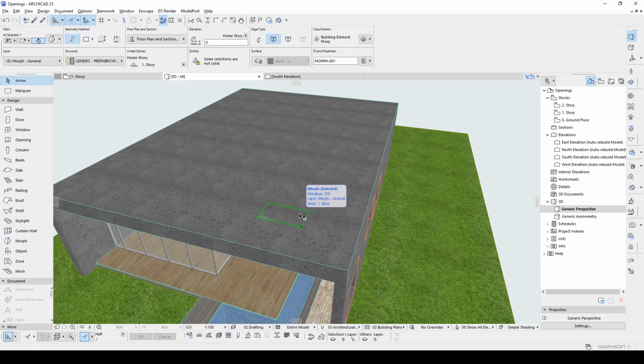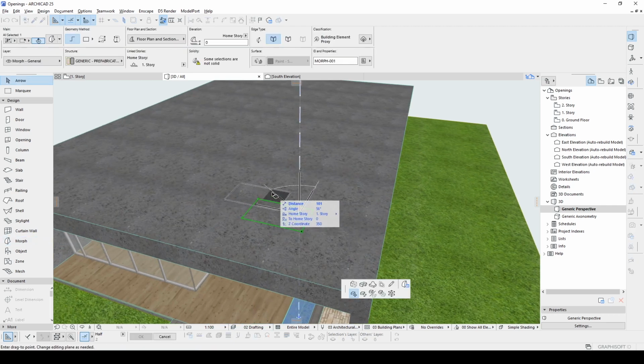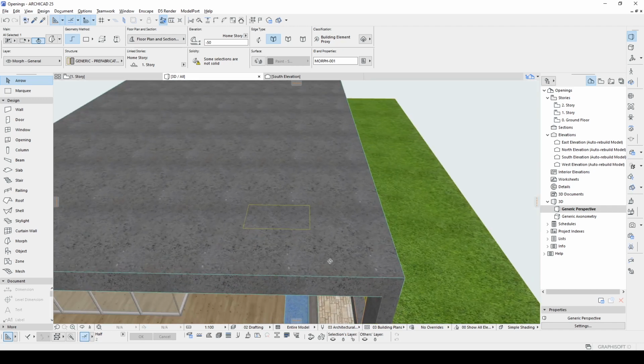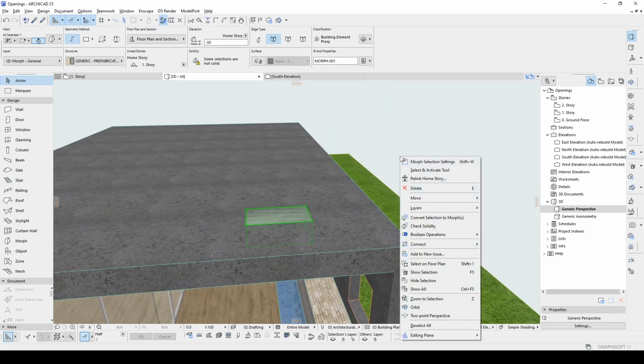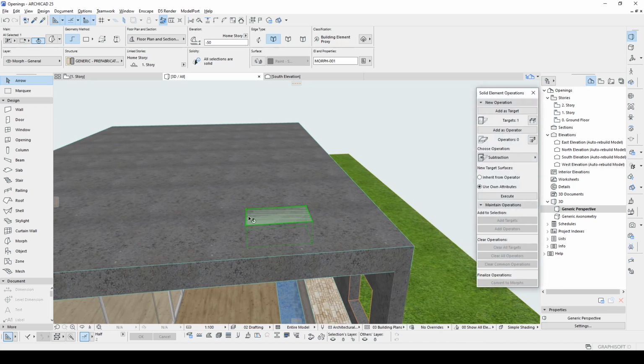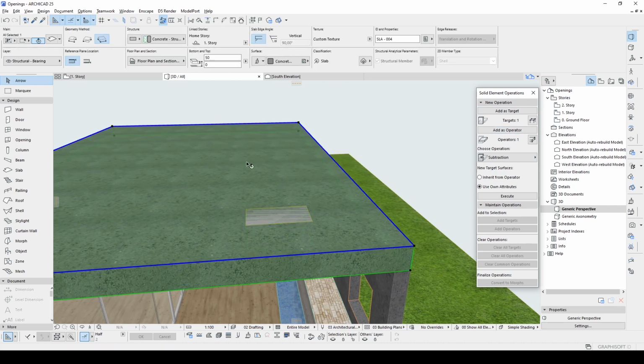There we go. And click the face of the morph and make some extrusion. After that, I'm going to use connect solid element operations. This is going to be the operator and the step will be target, subtraction, and hit execute.